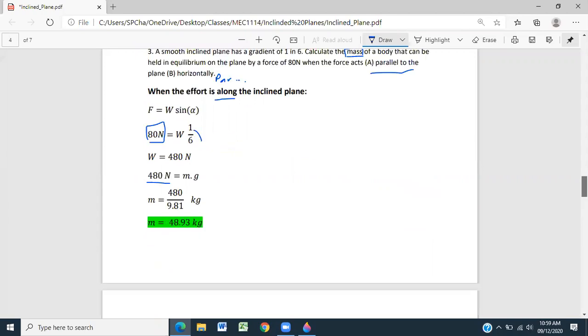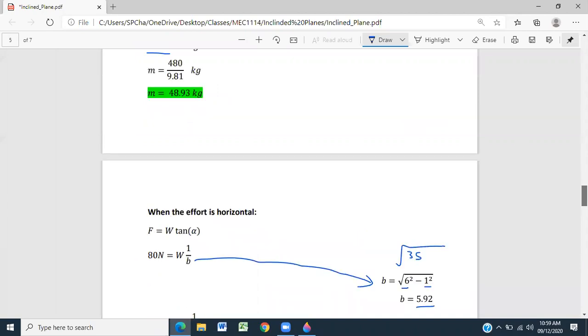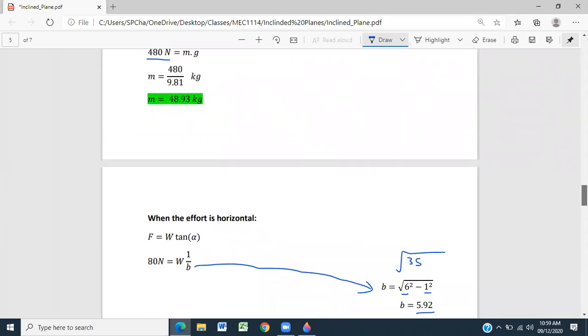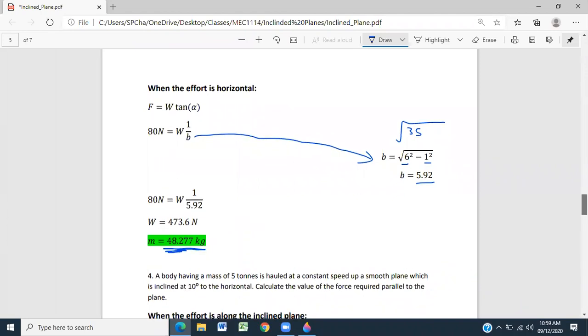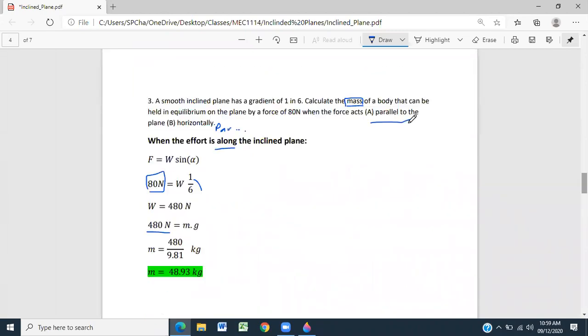So our mass changed, right? It changed slightly. Yeah, what were you saying? Sir, you notice the mass changed slightly, sir? Yeah. From 48.93 to 48.27. So what should that tell us? That maybe pulling it parallel to the plane might be more efficient, or allow us to hold more weight than pulling it horizontally. And of course, with our plane,